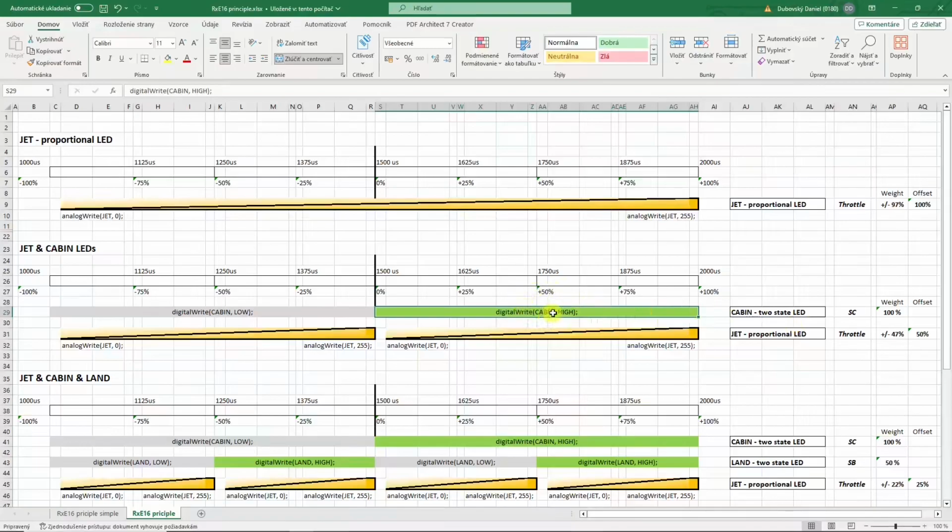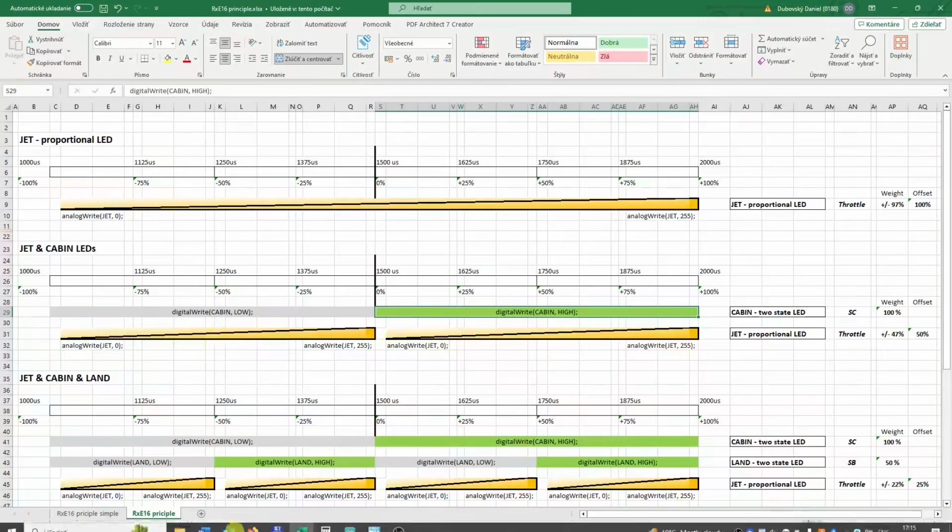And if it is more than 1500, we will subtract 500 microseconds. Why? Because this range is 500 microseconds. So we need to go from this range here, and after we will decode in the same way as we do here,